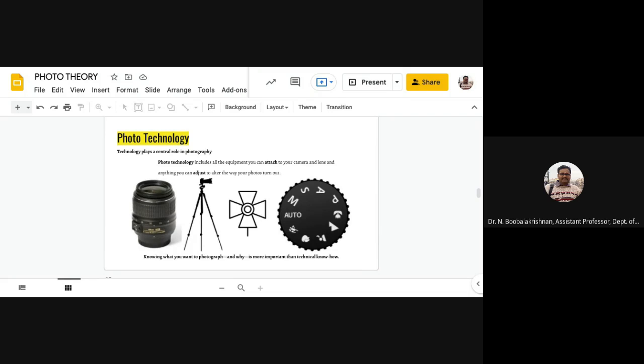You may have your own preference or your own passion or fondness, but how we make it possible is the form. If you have your own creativity and you compose also, for this particular case, the technology only will help you to achieve your end result. So technology plays a central role in photography. It's clear with this example, and not only for this case, in all cases, the technology plays a central role. And it is always connected to the end purpose of your photography.